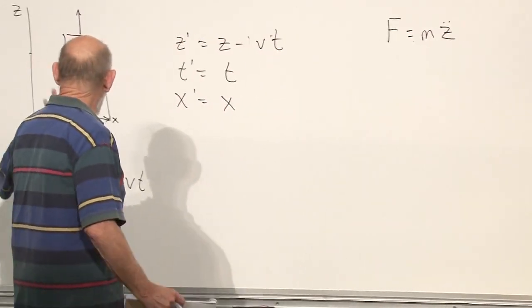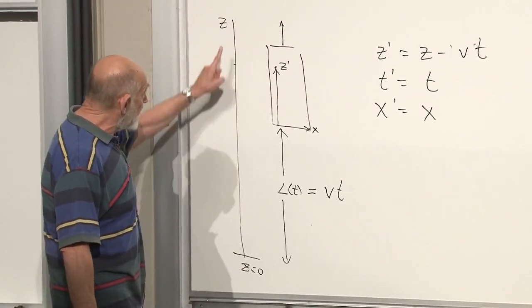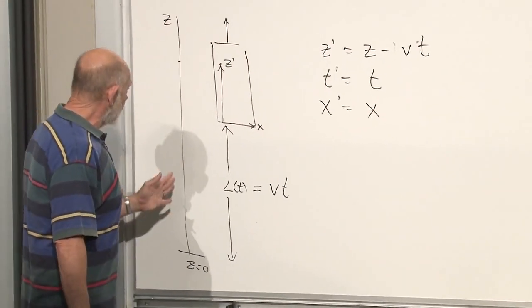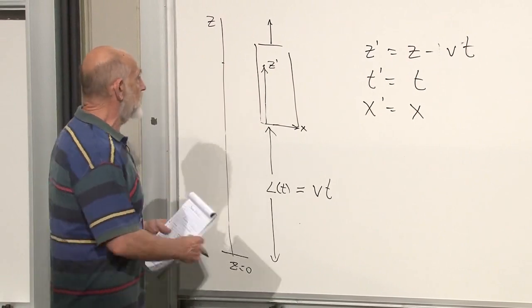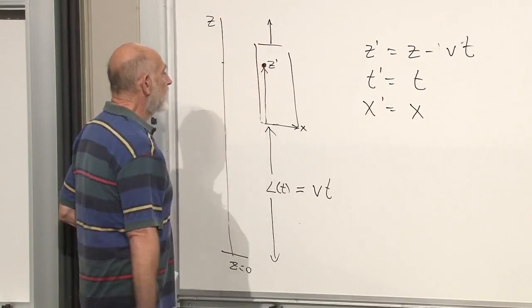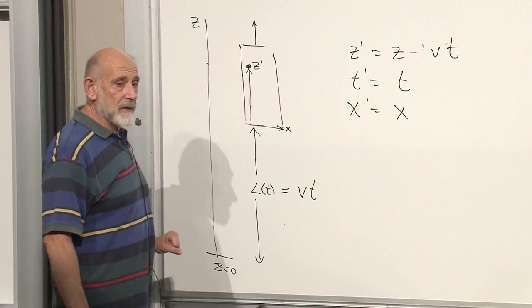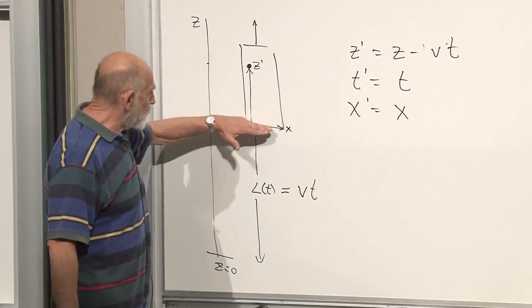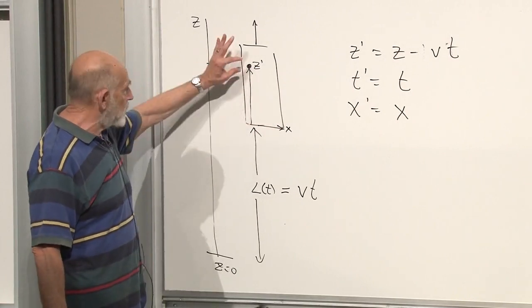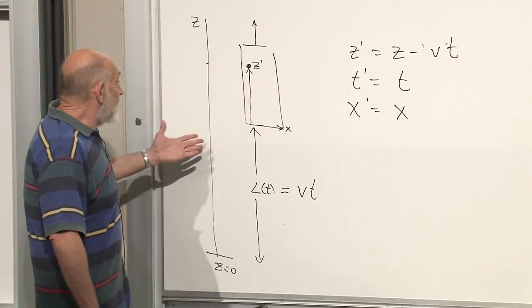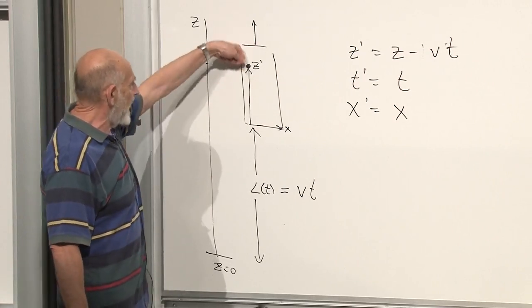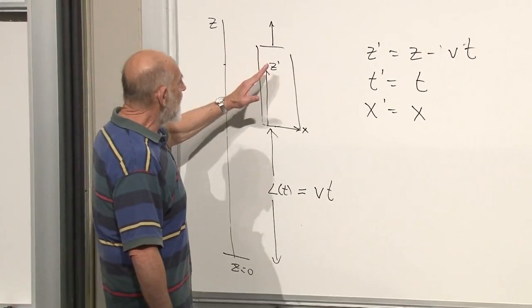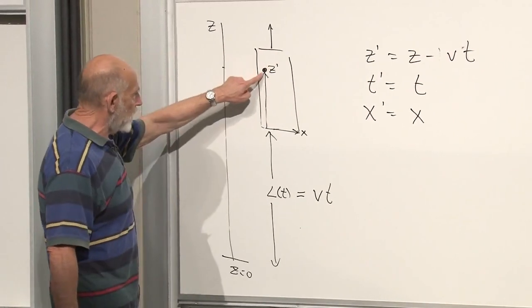Whatever force is exerted, now this is the formula in the z frame. We can imagine in the z frame that there are forces acting on a particle. This could be a particle over here. There are forces acting on it. What do those forces do? Well, there could be some charge in here exerting forces on a charged object in here. It could just be a force due to a rope hanging the particle from the ceiling. Any number of different kinds of forces could be acting on the particle over here.